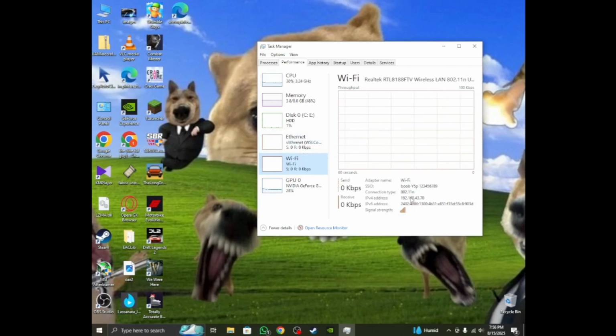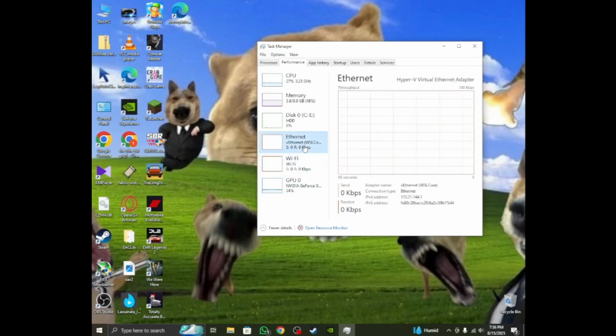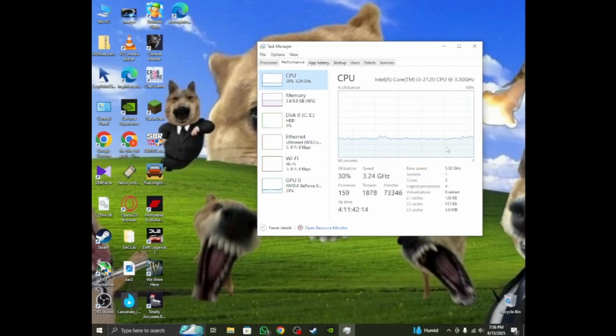This is internet. Some people have integrated Wi-Fi, some people have a dongle, some people have the plug-in ones to your motherboard. Usually the plug-in ones to your motherboard are the fastest, but I am running a little dongle. It is very small, but it does the work, so if it's not broken, don't fix it. Internet speed, you can find this, and this is your